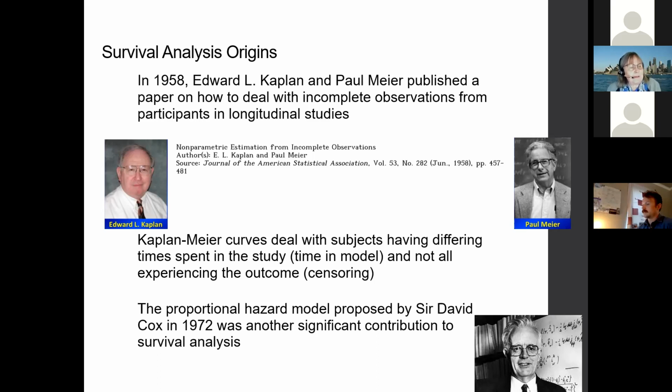But Kaplan and Meier came up with a method where you can manage the fact that people have time in a model but don't experience the event, but you can still use that information to study overall risk for disease or for the outcome. And I just include here as an aside that another important development was from David Cox in 1972, who was later knighted for his contributions, but he then published about the Cox proportional hazards model, which